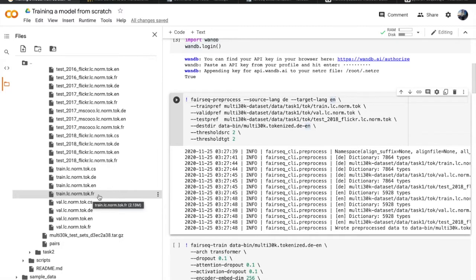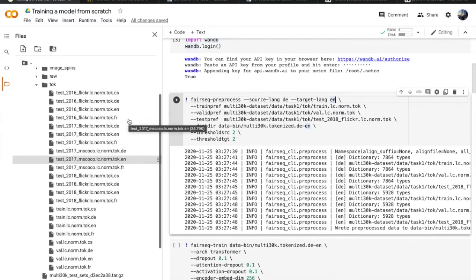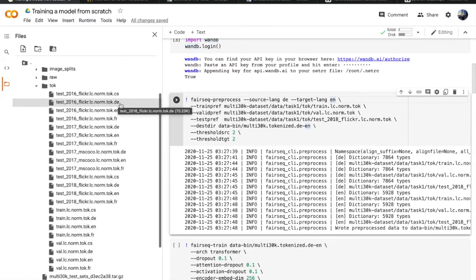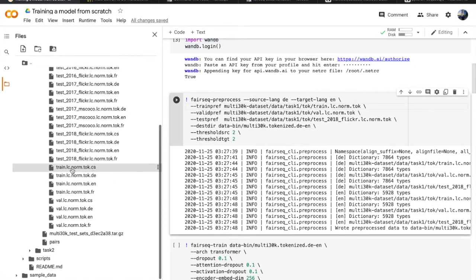So while specifying this source lang and target lang, the Fairseq pre-process only finds the files with .de and .en endings, and the train prefix gives it the exact path of the training dataset except the last extension of the language.